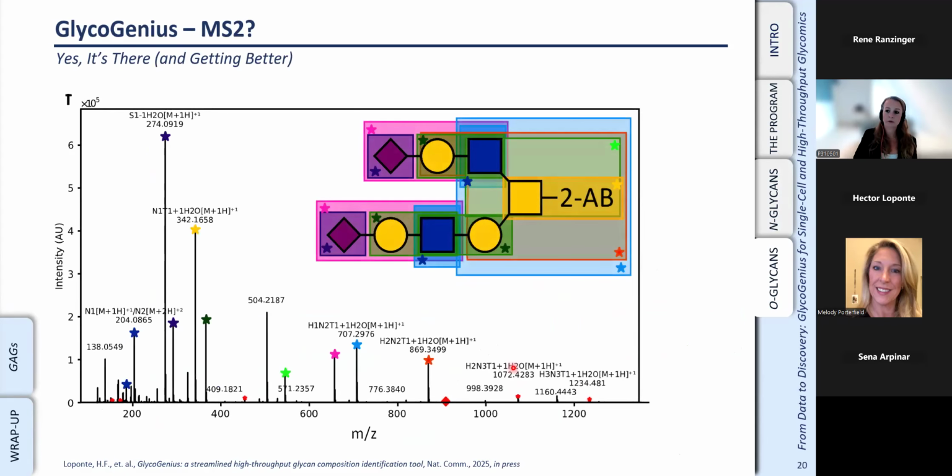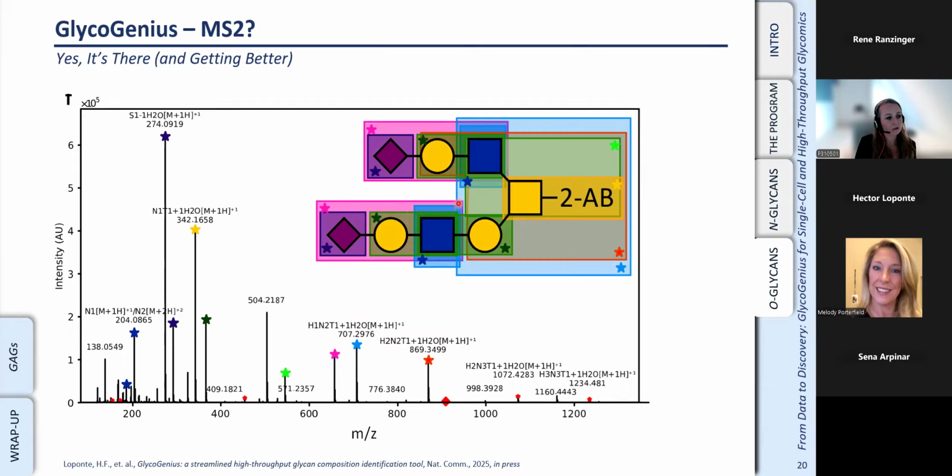Then about MS2, because that is also something that we do cover in GlycoGenius. What we cover in GlycoGenius is mainly the one letter codes, and we say, okay, this fragment, for example, fits with a hexose, two HexNAc, and the T means the tag, so the reducing end label. As well as, for example, here is an extra water. So it will tell you which of these ions are actually fitting with the glycan composition that it was assigned to. It's not fully there yet, but we do feel that it provides some preliminary